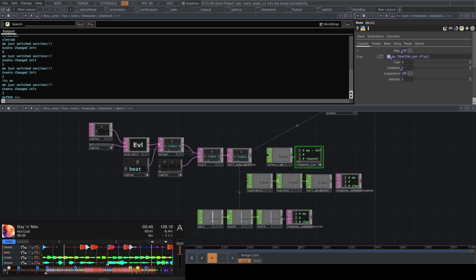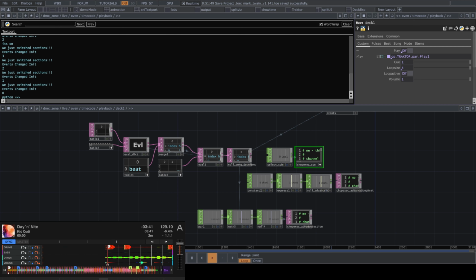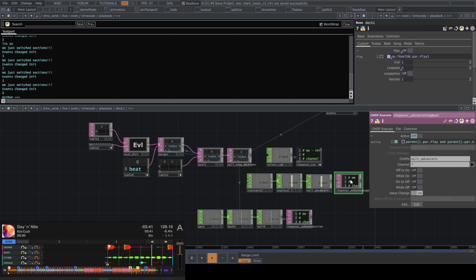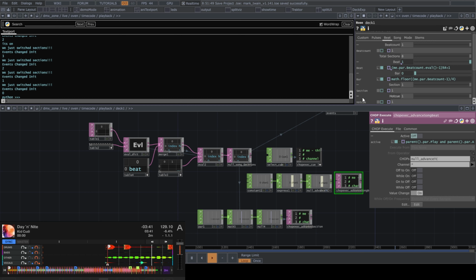You can see Q changing on the top right-hand corner. And as I hit play, I'm going to click on this advanced song beat here. I have these parameters set on each deck to demonstrate what the number beat in the entire song is.